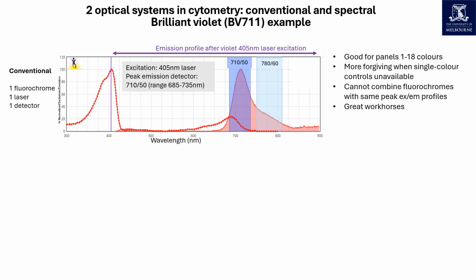There are two optical systems in cytometry, conventional and spectral. Conventional cytometers were developed first, nearly 50 years ago, when fluorescent probes were limited. In conventional cytometers, each fluorochrome is allocated to a laser detector pair. For example, brilliant violet 711 is allocated to the violet laser, which excites the fluorochrome at greater than 90% efficiency, and the 710/50 nanometer bandpass detector,